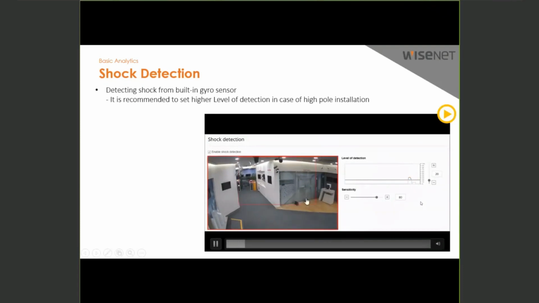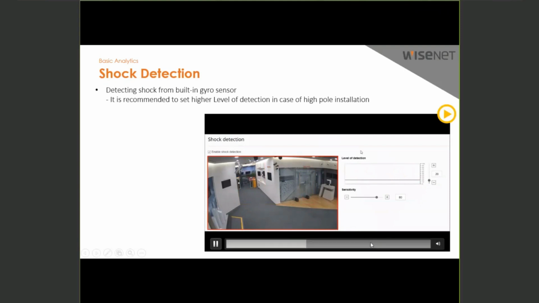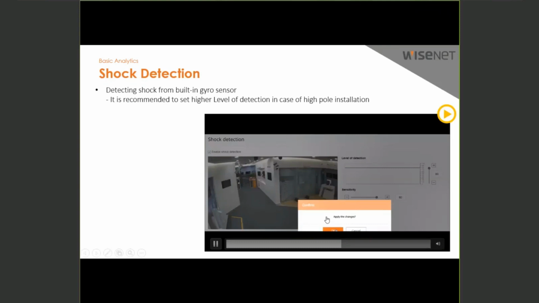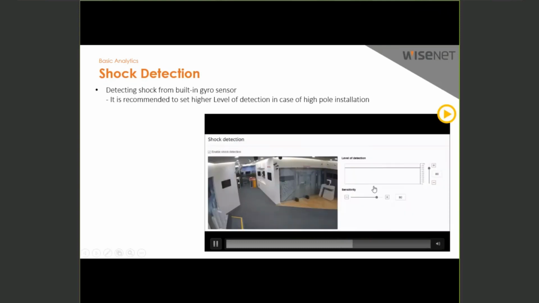So if shock detected, you can see this graph is go up, then triggering alarm. So now I set only 20 as a level of detection. And if you put some higher value of the level of detection, then just a little bit shaking doesn't make alarm triggering, but it shake a lot, like kind of a big impact, then it will make alarm. So this is shock detection